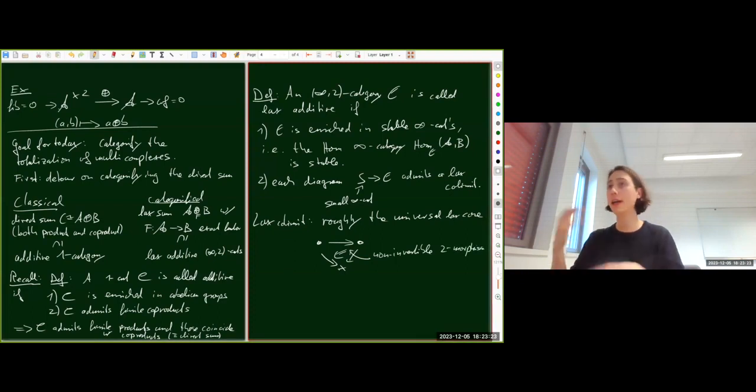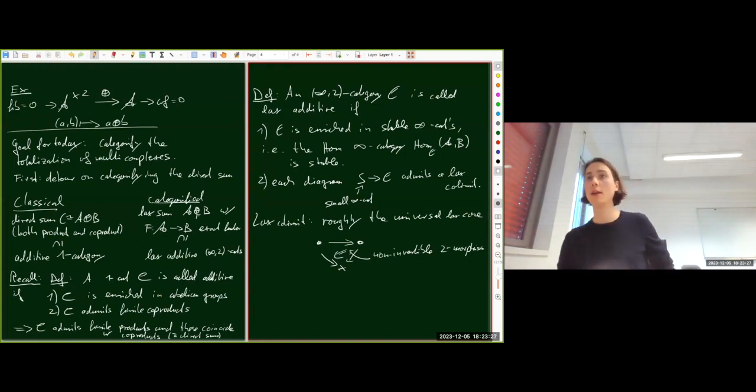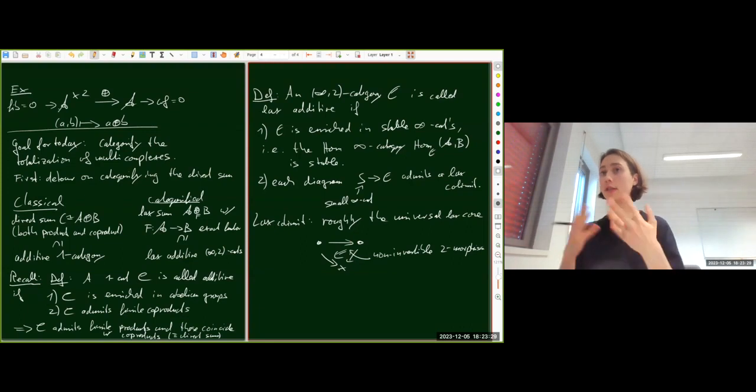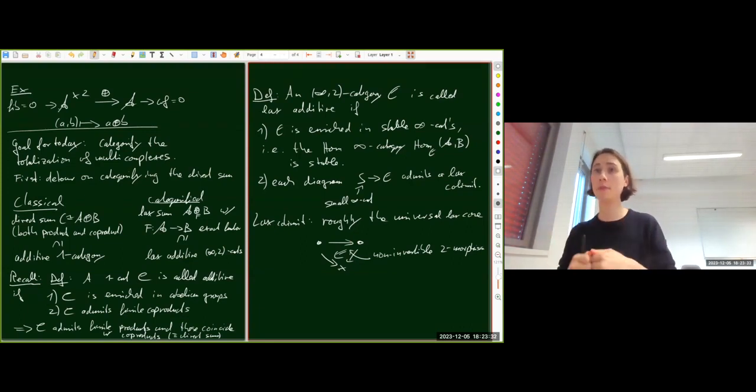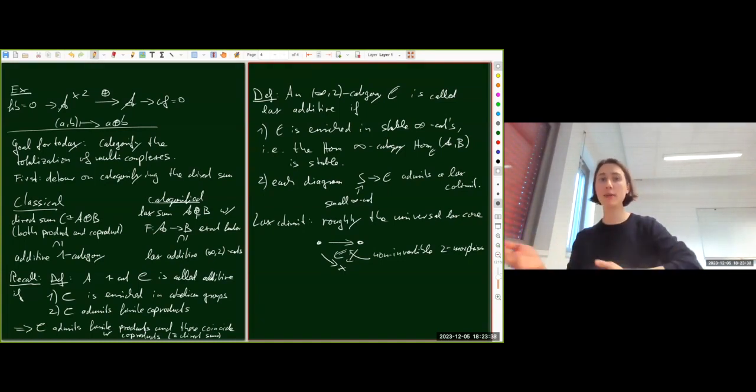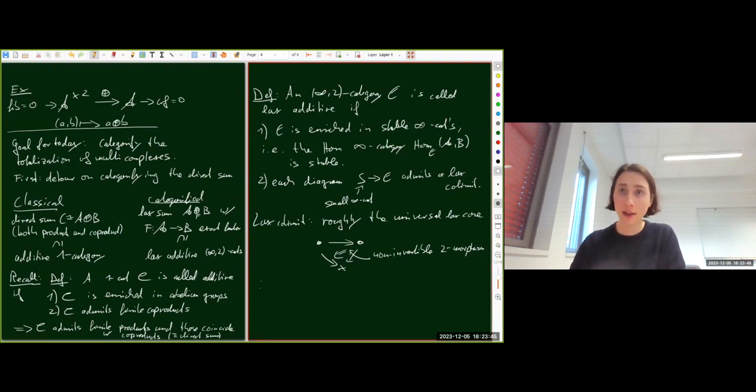So it's a 2-categorical lax version of a usual colimit, and if S was actually discrete, so just say S is the disjoint union of some points, then the lax colimit is just the coproduct. So as a special case, finite coproducts are lax colimits, but lax colimits are a bit more general. And then the theorem, which we prove, is that the standard result about 1-categories categorifies in the setup: